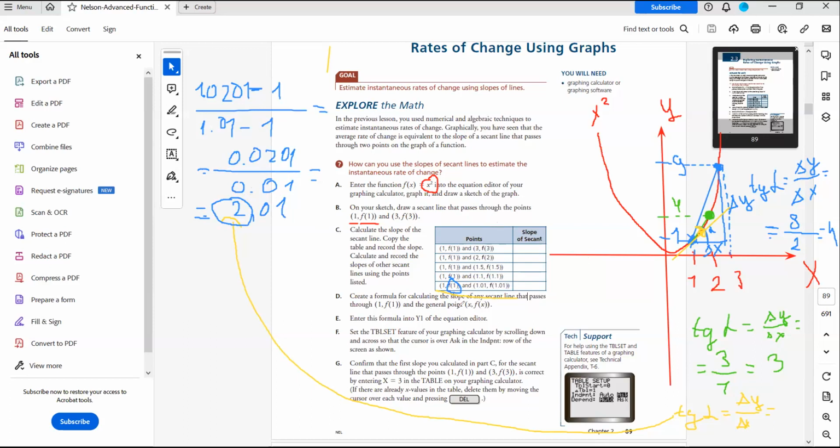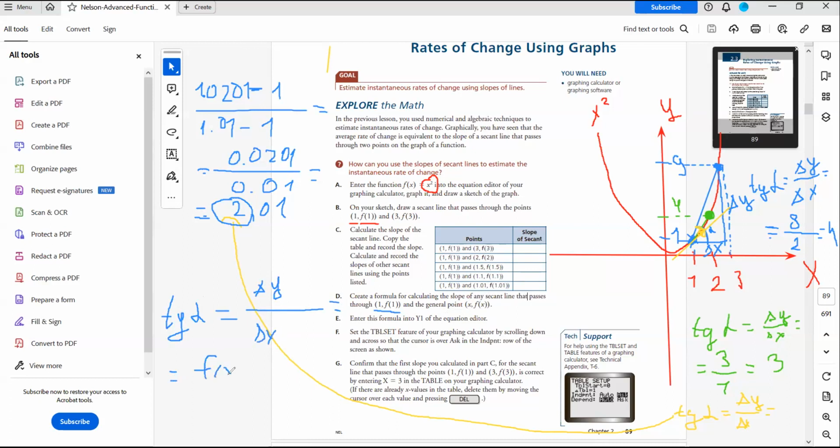Now we have to create a formula for calculating the slope of any secant line that passes through point 1 and a general point x. And it's not so easy. The slope of a secant line, as we defined before, is the tangent of delta y over delta x, right? So basically this is our starting point, and the point with some arbitrary x value is going to be our second point. If we write our tangent alpha, the slope of a secant line through any 2 points, we're going to see that it's delta y over delta x equals